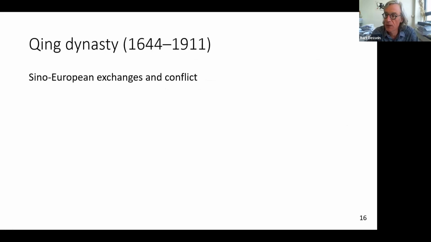When we come to the last imperial dynasty, which is the Qing dynasty, which was ruled by the Manchus, so the Qing dynasty was a Manchu dynasty, we see yet another aspect of European-Chinese relations, this time related to the first industrial revolution in Europe, with which came the colonial period and which brought also Europe and European warships to China in the very famous Opium War, a period in which the Chinese traditional perception of the Confucian way of looking at